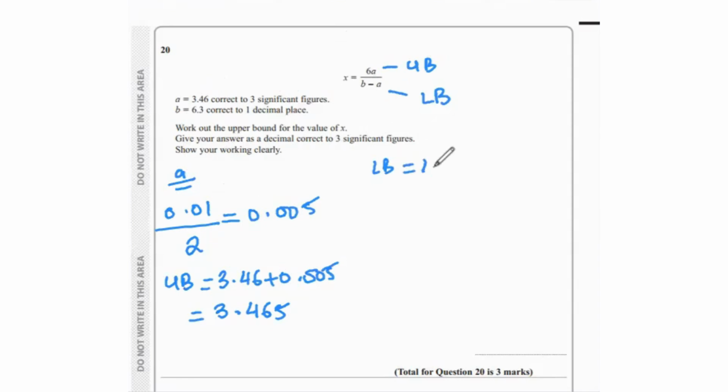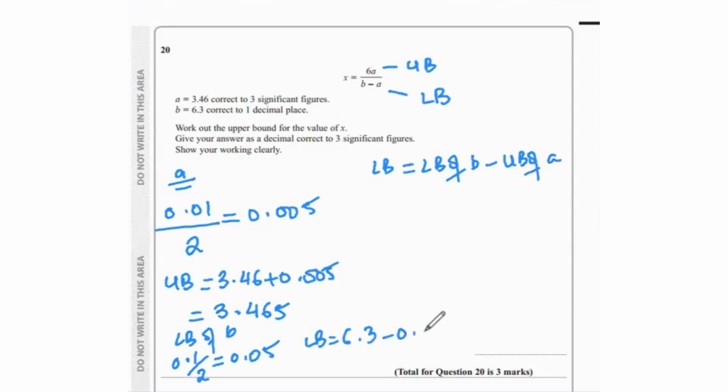Then for the lower bound of B minus A, we need the lower bound of B minus the upper bound of A. So for the lower bound of B, it is 6.3 correct to one decimal place. So 0.1 divided by 2, which is 0.05. And then for the lower bound, 6.3 minus 0.05 is going to be 6.25. So 6.25 minus 3.465, and that is going to give us